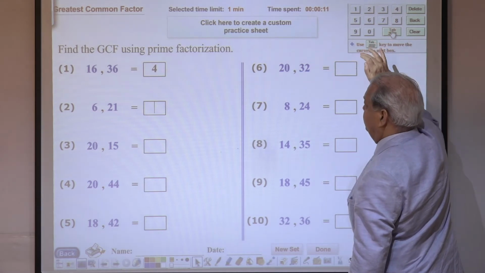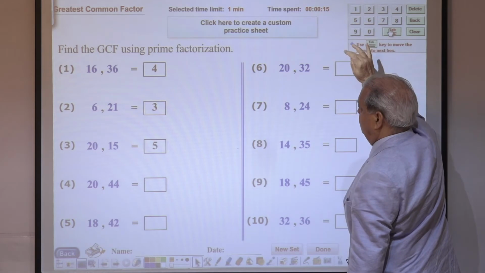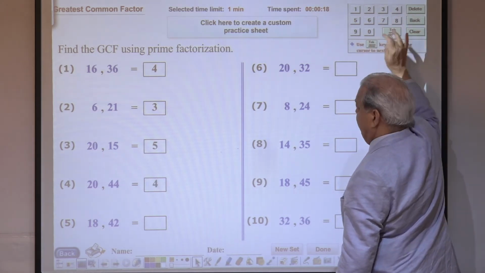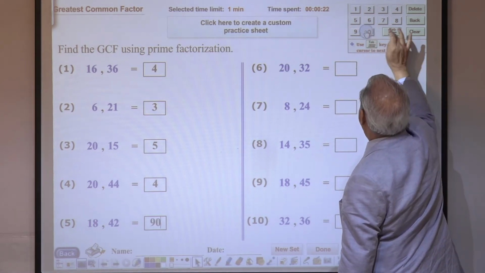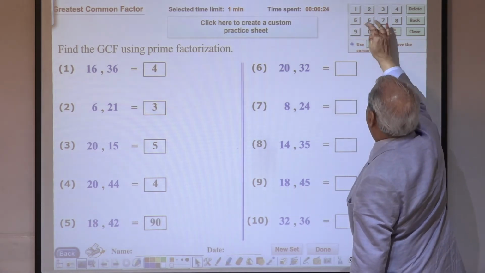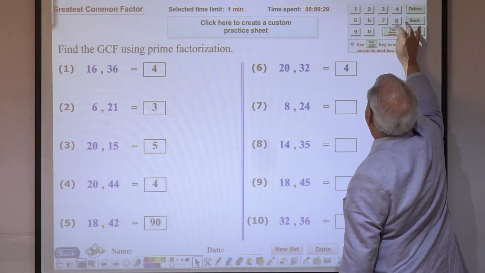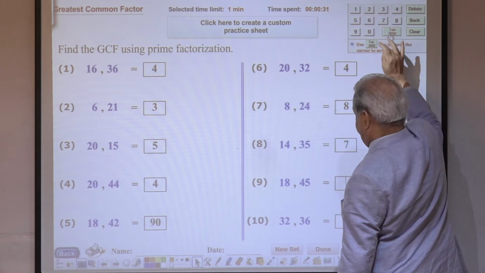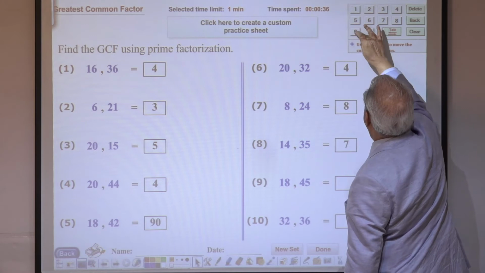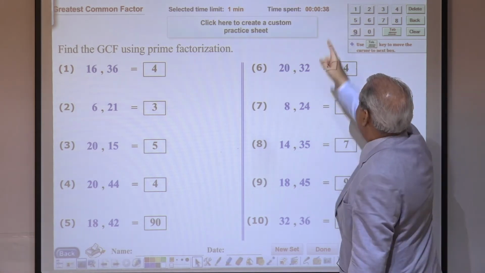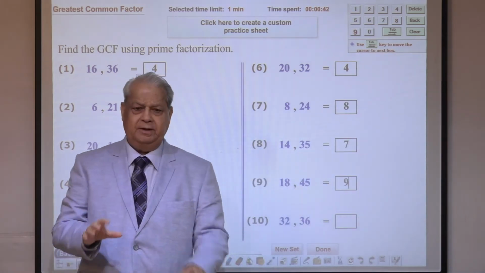Okay, 3 tab, 5 tab, 4 tab, let me give something wrong, 90 tab, 4 tab, 8 tab, 7 tab, and 9 tab. Let me wait 30 seconds and see that when the time is over, you get the message.